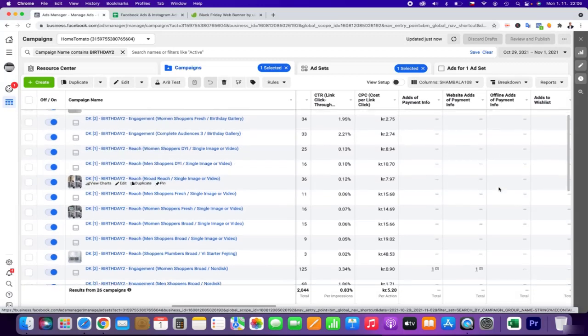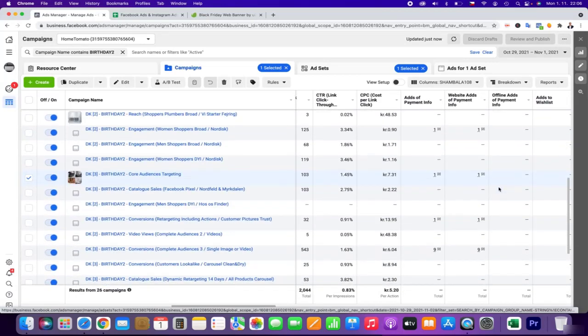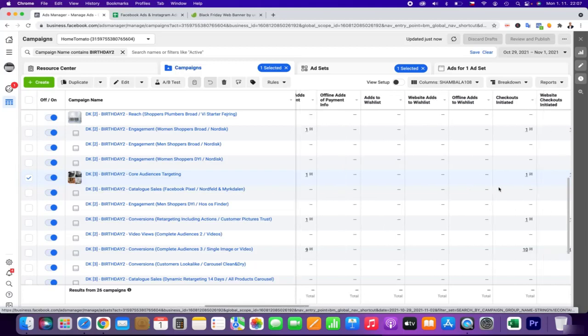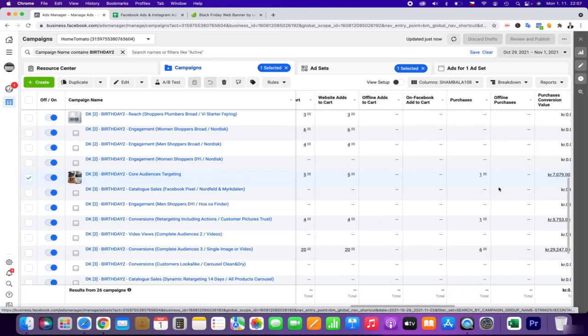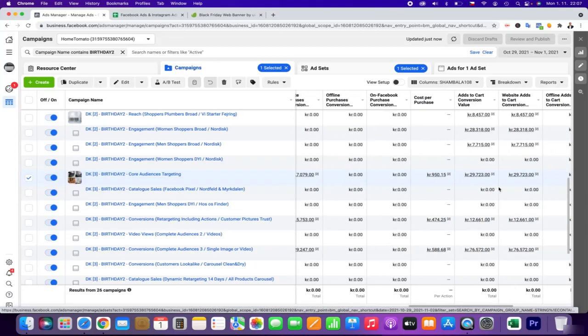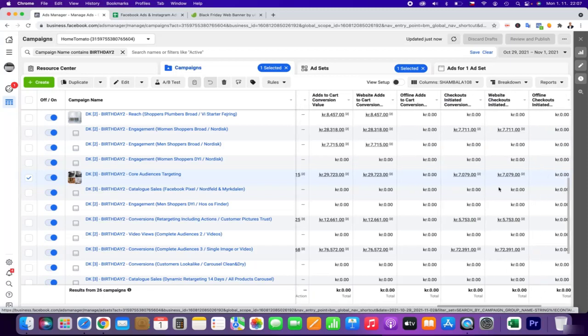So when you see that there was just one purchase, or just one payment info, well, then you can also dig a little bit deeper. And you can see there is a lot of add to cart actions. So when you see it, it can actually mean that you did more sales and you did bring more money to the company. Just Facebook can't see everything.